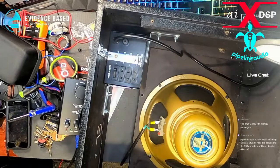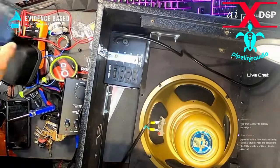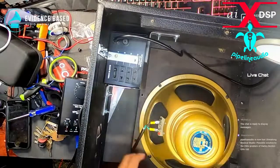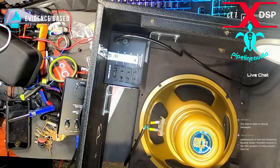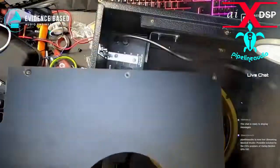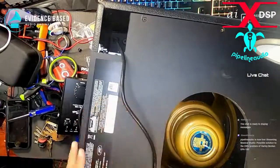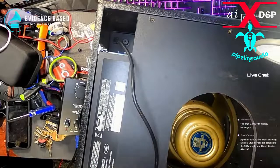All right. Just moving things around so I can actually test this with the proper stuff. Let's screw the back onto here. Unfortunately, it's not much. This cabinet is still going to be very, very porous. You know, there's supposed to be a chassis in here, and I guess I could stick that back in there. Maybe